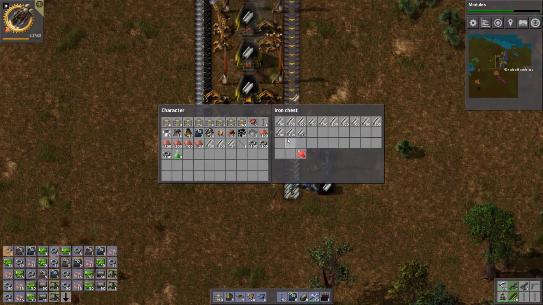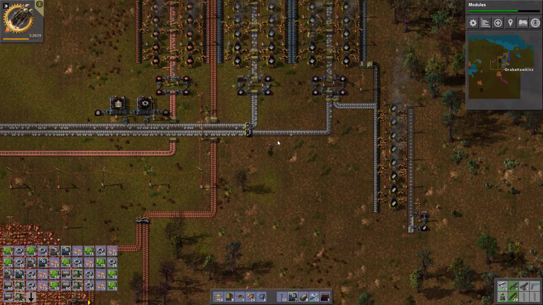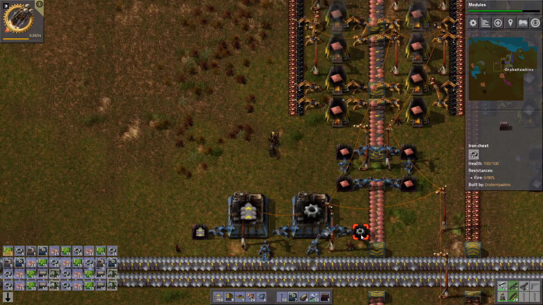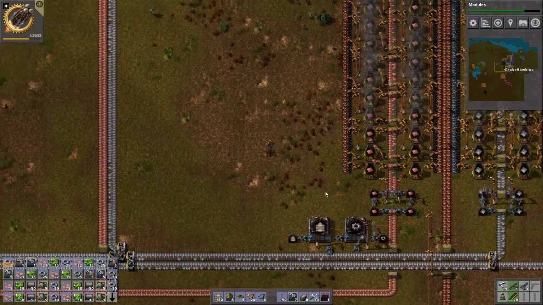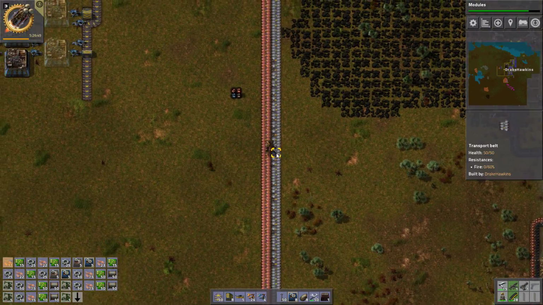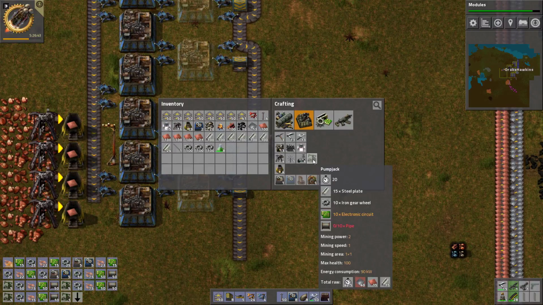What was I going to say? We will get some more... some things going in our infrastructure, like there'll be one machine that'll just build gears, for instance, and pipes, and underground pipes, and so on. So let's queue up some more...